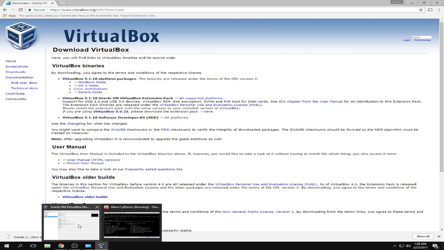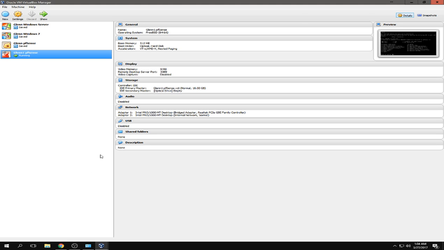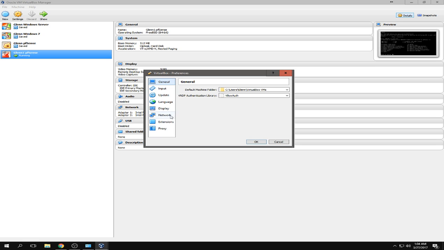So let's go back into VirtualBox. The one thing we do want to check is we're going to go File, Preferences again, and we're going to go into Network. All right. For those of you who have Mac, this might look different, but basically you want to find something in host-only networks. This Ethernet adapter or whatever it's listed as, and you're going to want to hit this little paintbrush or whatever